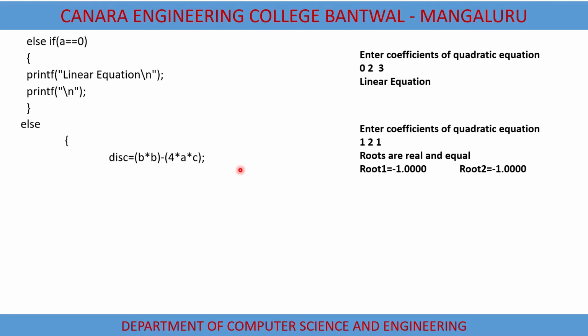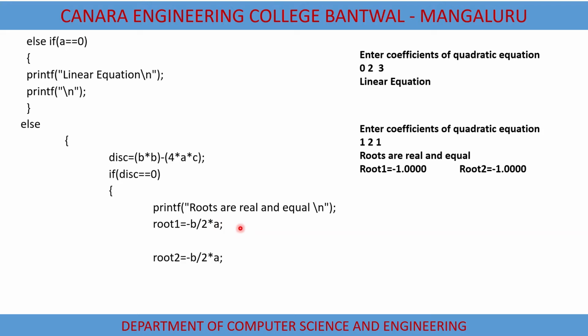So in this case I am going to get the value as 0. So when I get the value as 0, what it will do? It will go to the first condition. If discriminant is 0, it is going to print the message as roots are real and equal, and it is going to calculate root 1 is equal to minus B, that is minus 2 in this case, by 2 into 1. So we are going to get 1. The same thing is applicable to root 2 also, because here the roots are real and equal.